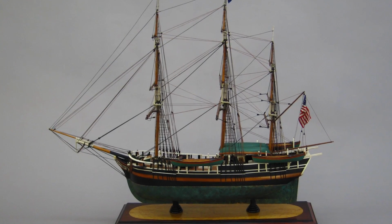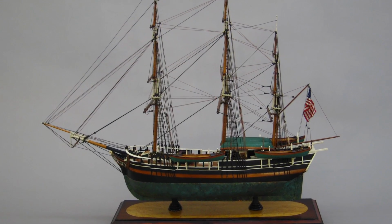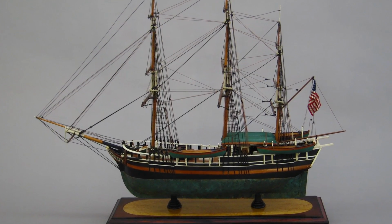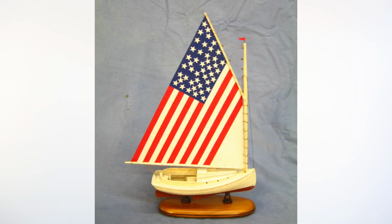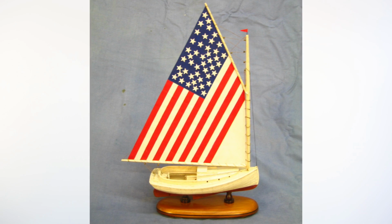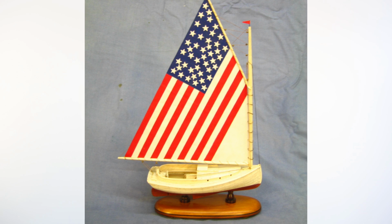Since I was a little kid, I was always interested in boats, and my grandfather had a summer house on Nantucket, and we used to go there every summer. So from the time that I was an infant, this is where we went in the summertime. And that was just paradisical. And Nantucket was deeply immersed in the history of ships and whaling and the old-time